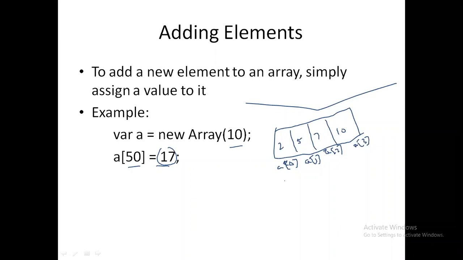Now I want to add the value of A of 5. For the 5 location, I want to store something called 100. So I will be storing the value like this. That means there is some box available. The array is going to have A of 4, A of 5, A of 6, like this. So A of 5 is this one, this is 4 and this is 6. Here the 100 will be stored in this position. So this is how I'll be going to add the values in this particular array.